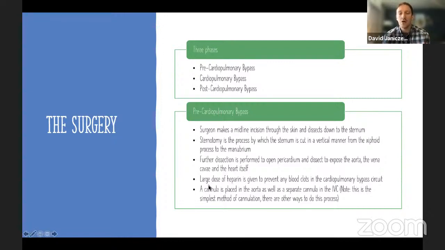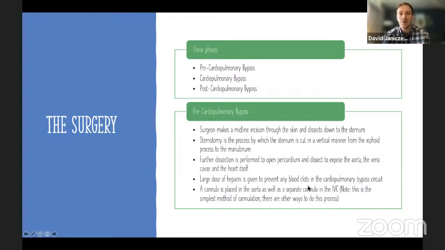And so we give a really large dose of heparin, and we monitor activated clotting time, or ACT, throughout the procedure to make sure that their blood is thin enough to basically continue. If not, we just keep giving heparin and make sure that the ACT comes back in a range that we're happy with. Once dissection and heparin are all in and given, then basically a cannula is placed in the aorta,